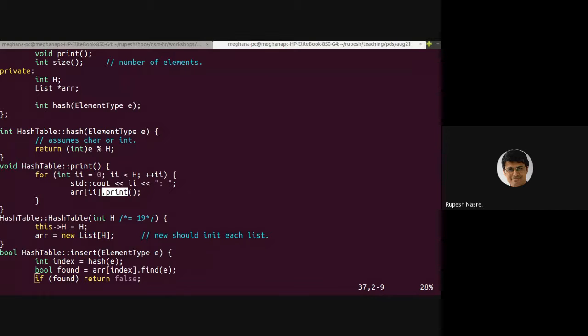So the number of elements might be n, but the number of entries you can actually have is a very large value comparable to n. For example, it could be, let's say, n by k, and therefore n upon n by k will become order k. So it is in your hands, that k is in your hands. So the load factor is going to help you reduce the overall execution time to a very small value.